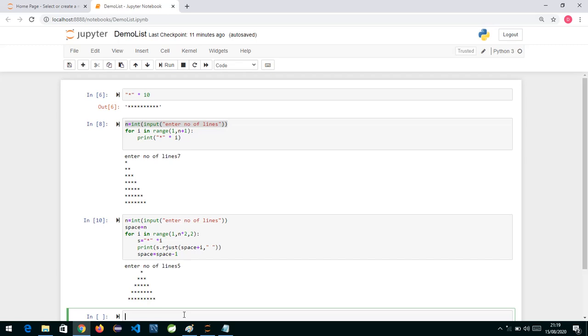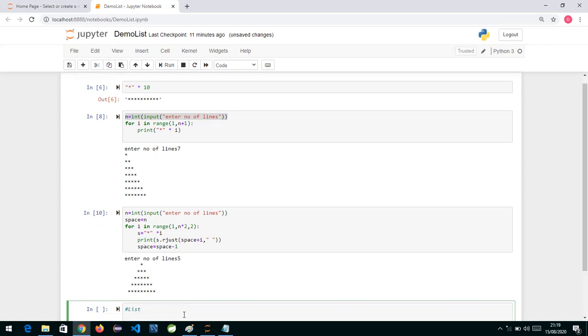List is basically a collection of objects. Inside a list we can store any type of object. It is mutable. So if we take an example of a list, list is a collection of any type of objects. Any type of object means inside a list you can have a string, integer, boolean, a nested list, or tuple. You can have a dict also. So inside a list you can have anything.